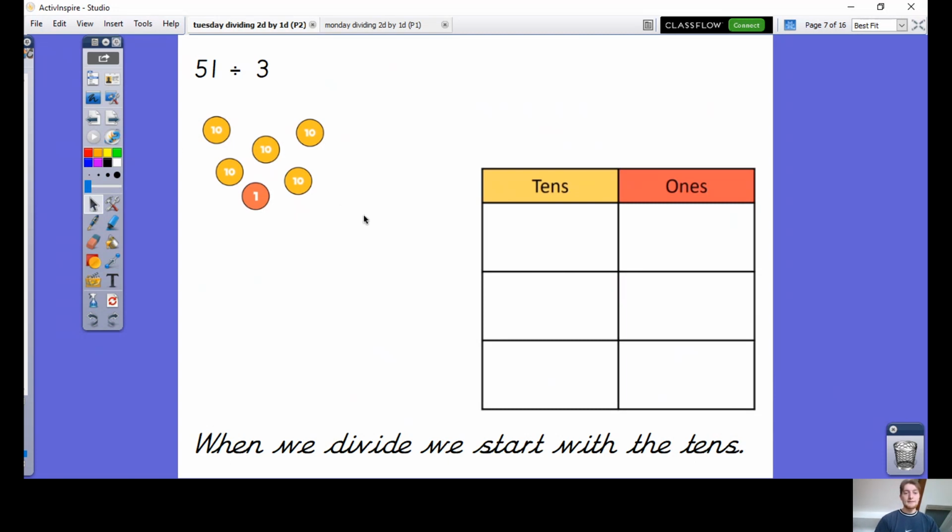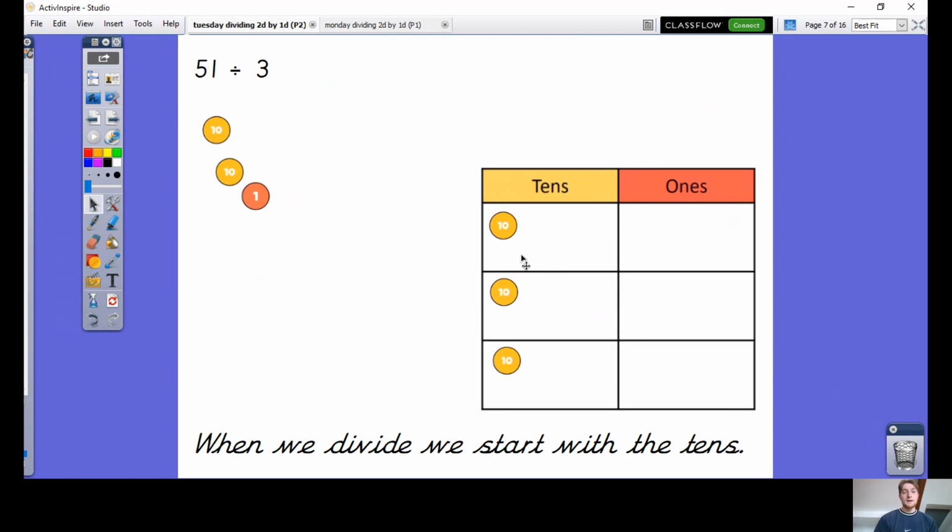So I'm going to again start with the 10s. I'm going to start sharing out the 10s. 1, 2, 1 in each group. What I've noticed here though is that I have 2 10s left, but that's not enough to share between 3 groups again. I can only put them in 2 groups, but that means that I won't have the same